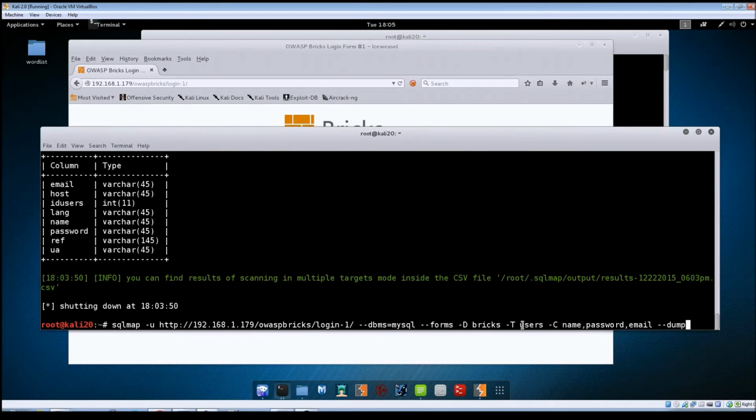So I hope the command is not getting too complicated. I'll just go back over it really quick here. This -D lets you specify the database that you're going against. -T specifies the table name. The -C then lets you specify the columns that you want to get. And then this --dump tells SQLMap to extract all of the data from these particular columns. Alright, so from here we'll just hit enter,